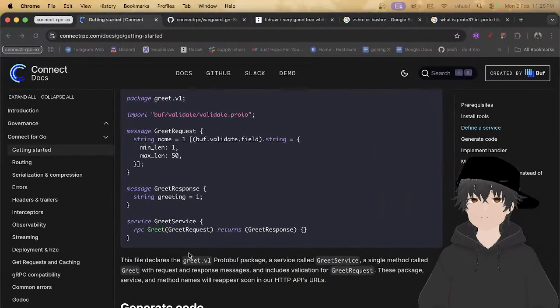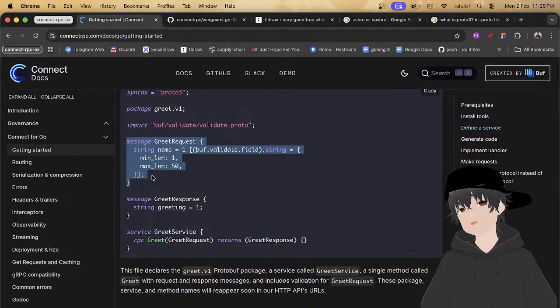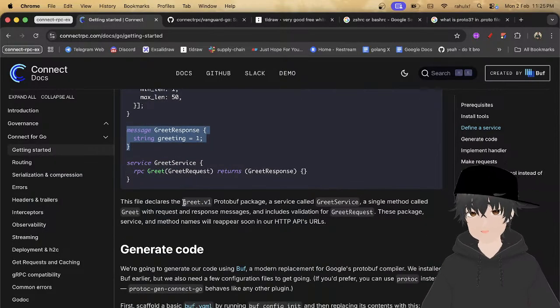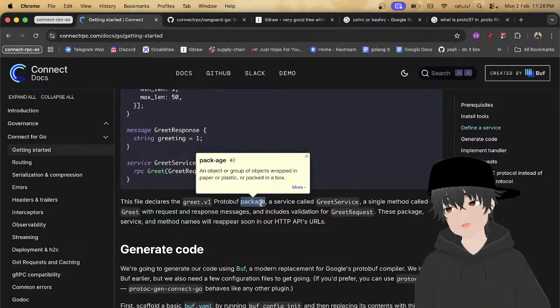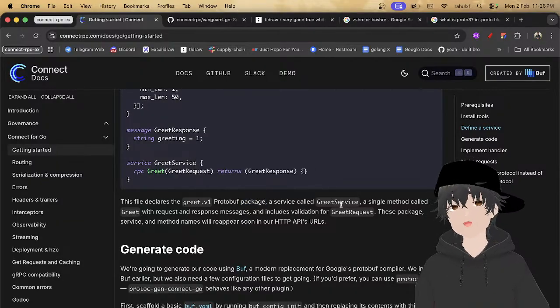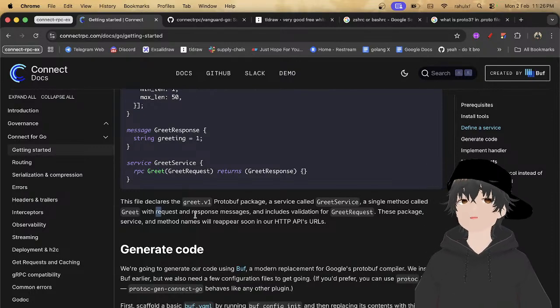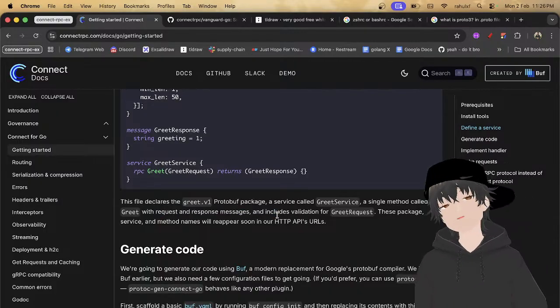Okay, got it. You did a greet request and then greet response. The file describes greet.v1, which is a protobuf package, a service called greet service, and a single method called greet, with a request and response message. It includes validation.